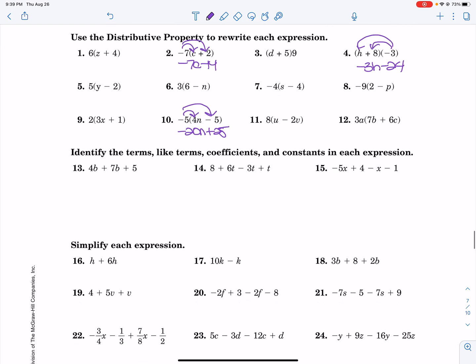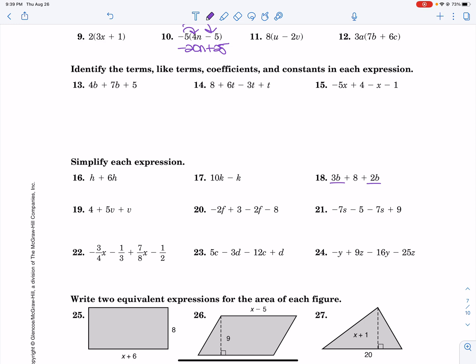Simplify the expression, which is down here. 3b and 2b give me a 5b. And then 8 is by itself. And then here, my 2v, so I get 6v plus 4. Here, a negative 2f and a negative 2f give me a negative 4f. And then 3 and 8 give me a minus 5. And then negative 7s is negative 14s. And then negative 5 plus 9, which is a positive 4. All right,